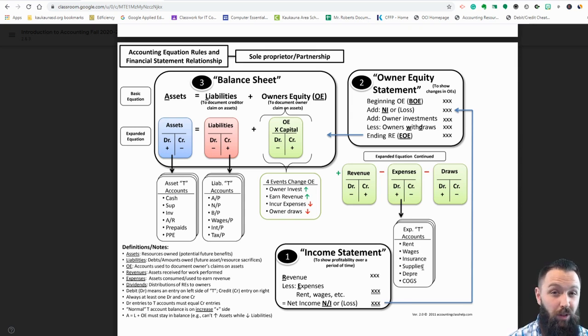If we use supplies, okay, I think we can get into that later, so don't worry about that yet. But rent, wages, insurance, paid a bill, these are all expenses. And you've recorded expenses before, but now it's changing a little bit because we are going to record it under the expense account. And if you had to think about this for a second, if you had to pay a bill and we have the expense account